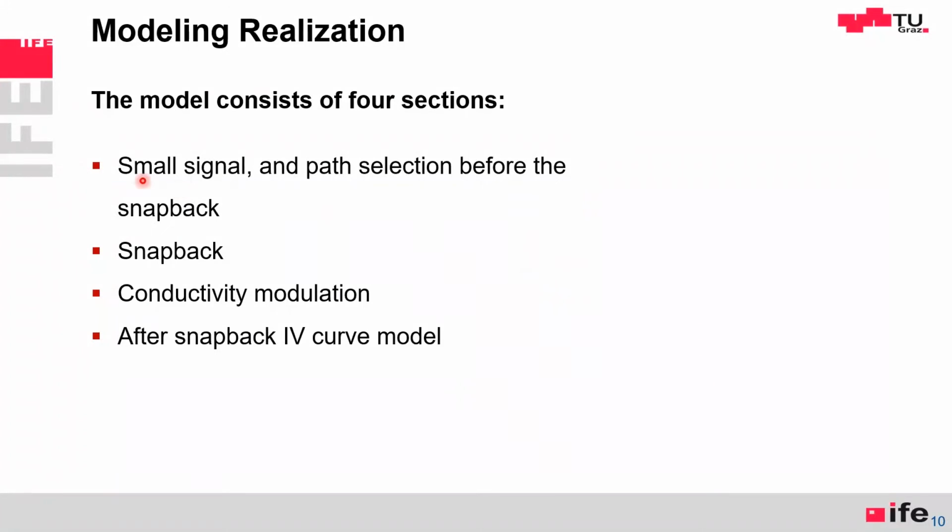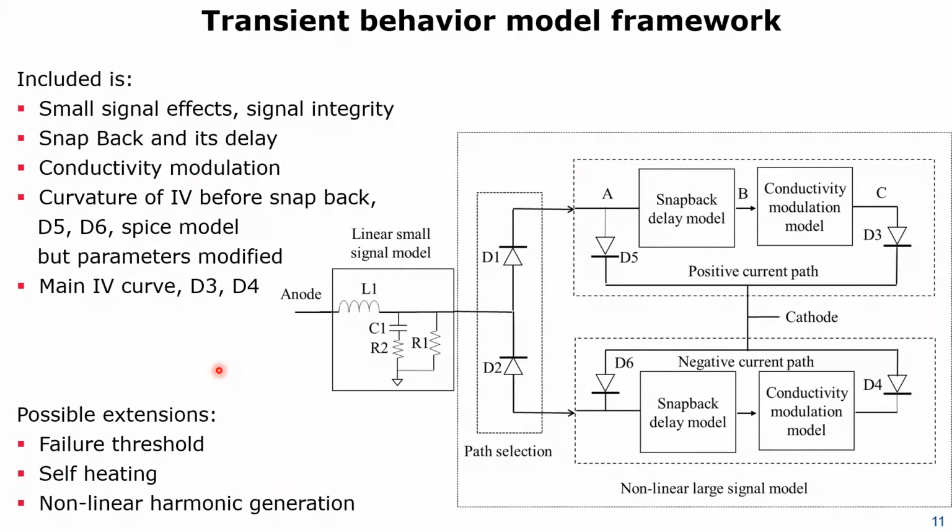Now, the model sort of consists of the small signal model, snapback, and then the main IV curve. If we go a little bit onto the topology of the model, the anode is here, the cathode is here. So first is an LC model, L and a couple of resistors for small signal. And then if the pulse is positive, it goes via this diode. This is an ideal diode, perfect diode, better than you can buy. SPICE can do it. And then there's a modified diode. This is not a 0.7 volt diode. This is a modified exponential function diode to model the sum of the currents. Then we have a snapback delay model, conductivity modulation.